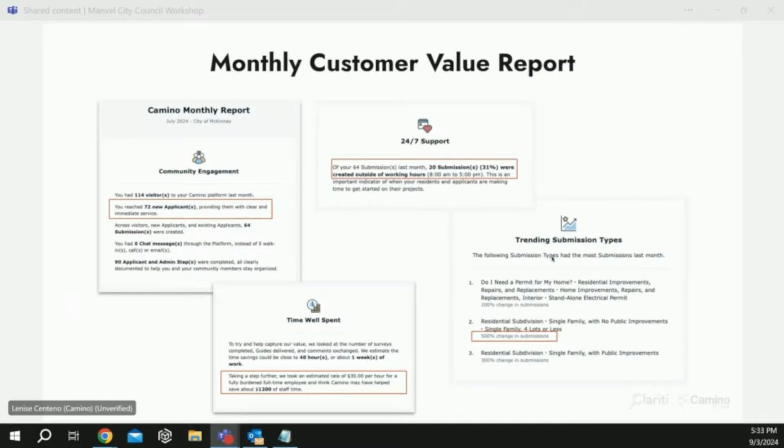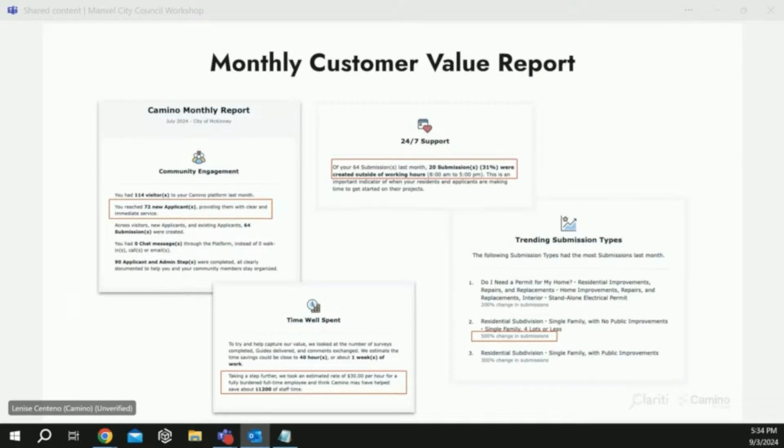Trending submission types. This one's really cool to see some of the trends in development. And you can start to see, for example, we even track the change in the submission from the last month's report. And so you may start to see trends and, wow, a lot of people are starting to build swimming pools or a lot of ADUs, things of that nature, and be able to prepare for those. Time well spent is probably one of my favorites.